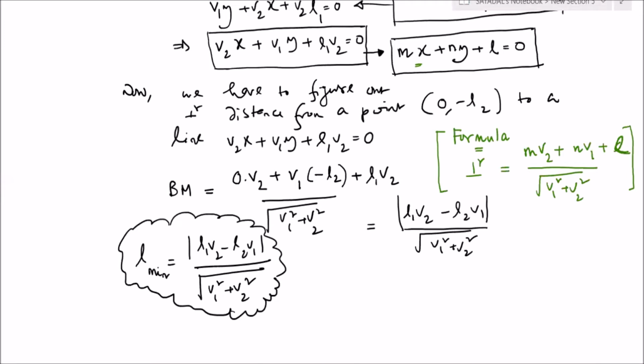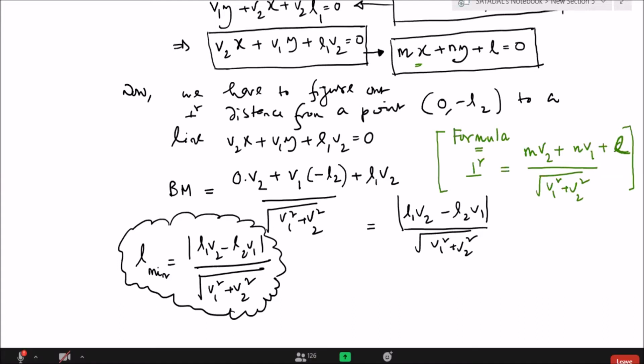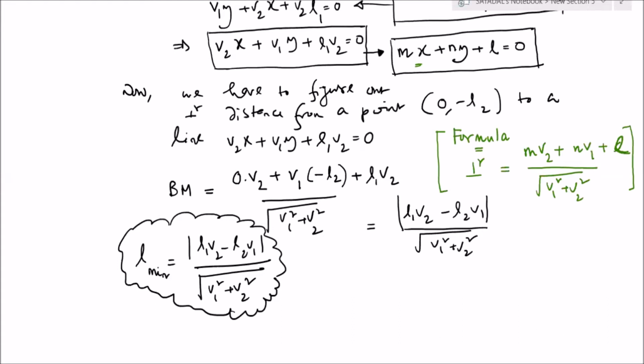Yes, Mr. Akash. What is the first reason? In the numerator, how did you get the mod, sir? In method 1 itself, I said you have to put a mod sign because you do not know which one will be greater. Okay, sir. When this question is given in numerical terms, greater minus lesser is the answer. That's why I put the mod. Okay, sir. Thank you, sir. Most welcome.